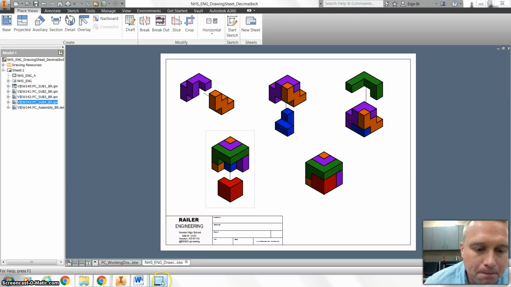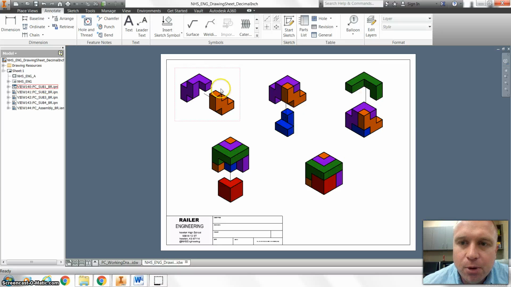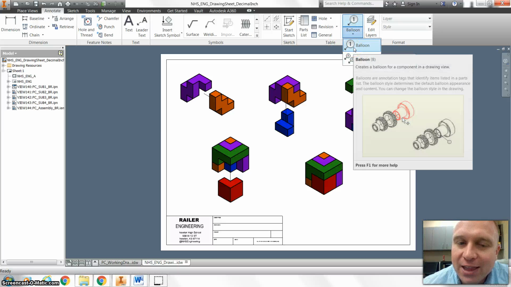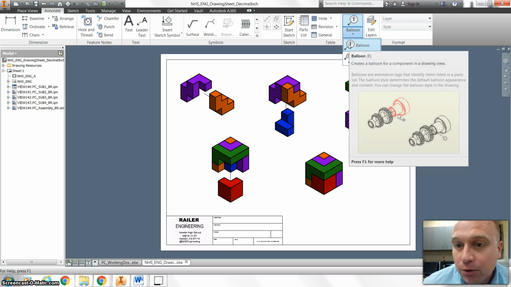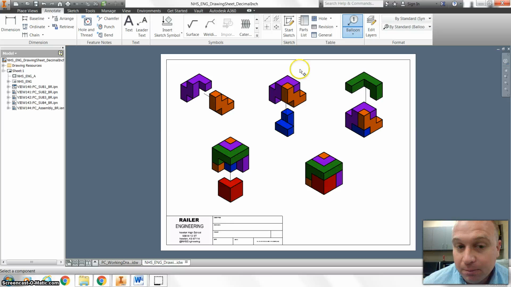Alright, the next thing we're going to want to do is put some part balloons on to show each part. There's two methods: auto balloon or just add the part balloons individually. I think it works best for this project to add the part balloons individually. For some projects it'll work best to use auto balloon. So I'm going to go ahead and click balloon, and I'm going to click on my first part, which is